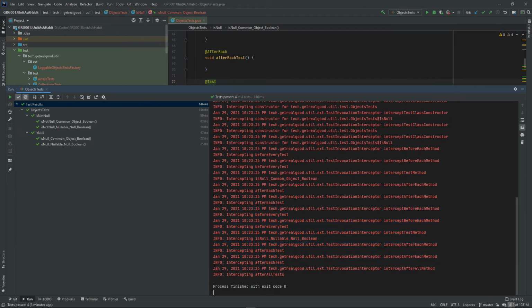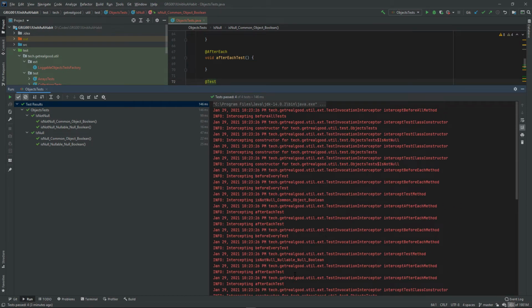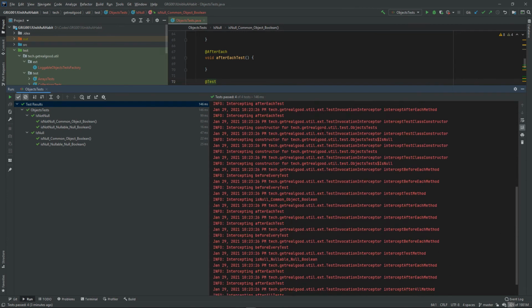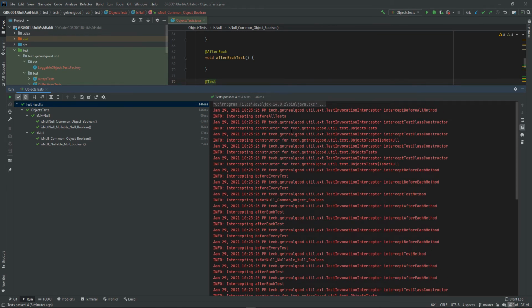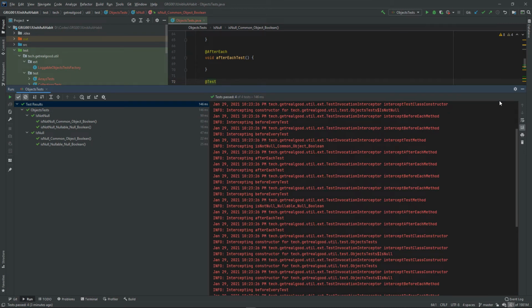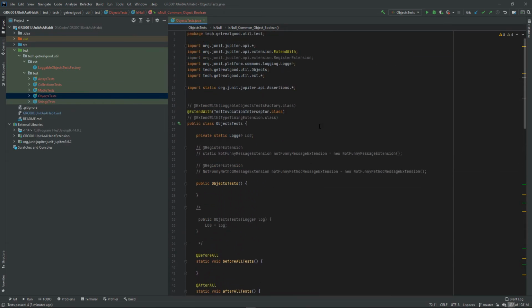Alright, and then we have the interception of the after all method, and we are done. You're very welcome to freeze the progression of the course to study exactly the output in this log window, if you are even in the least not 100% clear what is happening here. Alright, so that illustrates at least in part how we would use the